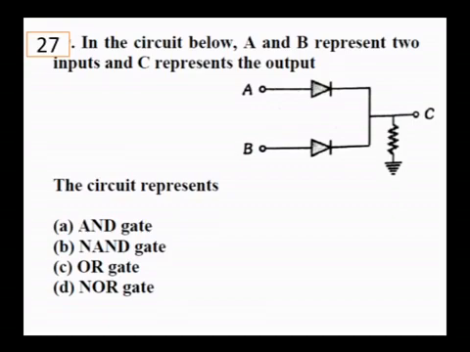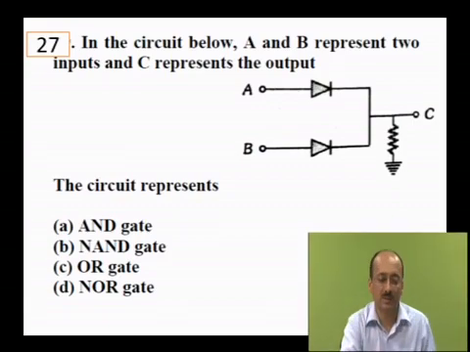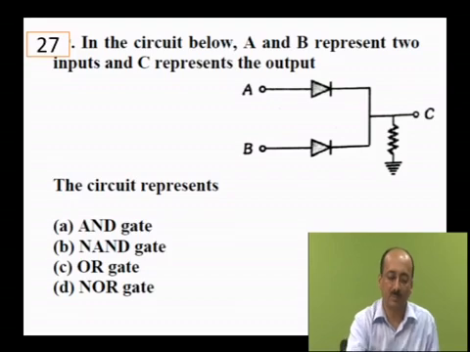In the circuit below, A and B represent two inputs and C represents the output. The circuit represents which of the following gates, like AND, NAND or NOR. Now these are basically two parallel lines. Now whenever you give inputs like 0, 1, etc., then both will either conduct or anyone can conduct. Since this is either this or this kind of line, you can assume that this will represent an OR gate, because